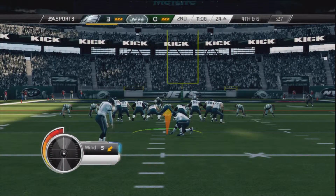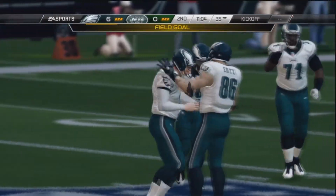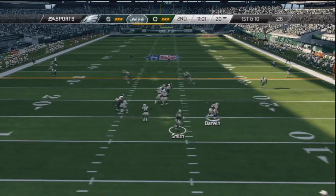goal attempt. And Dan Carpenter lining up, and Foles on the hold. The kick is away, and the kick is good. 6-0 Eagles now, as the Eagles maintain this lead and going to try to add something to it, while the Jets are going to try to